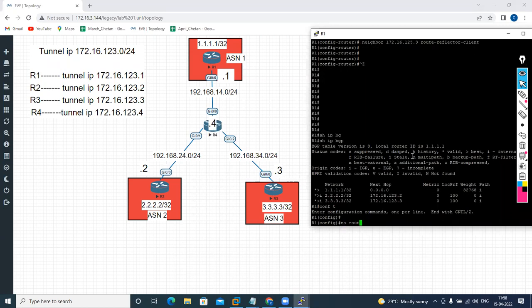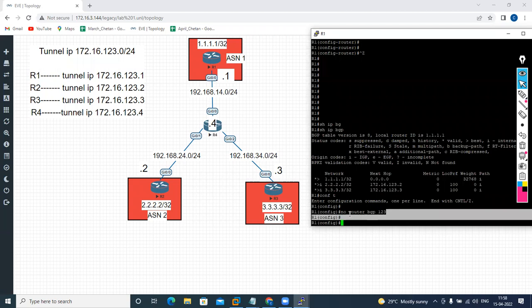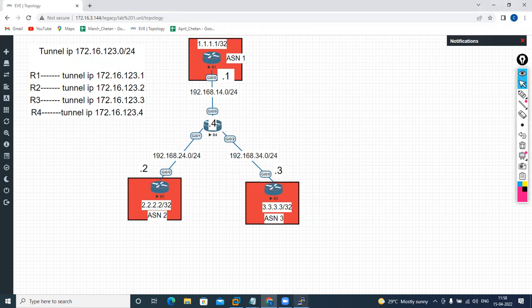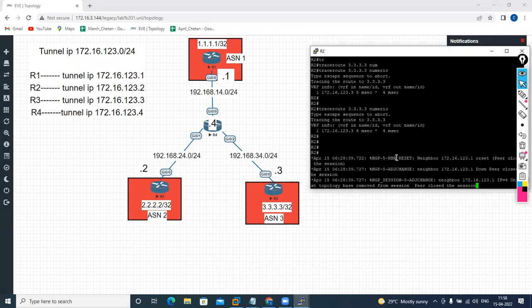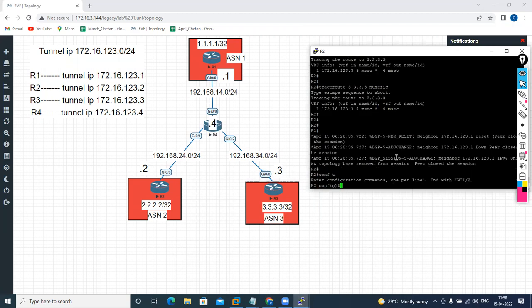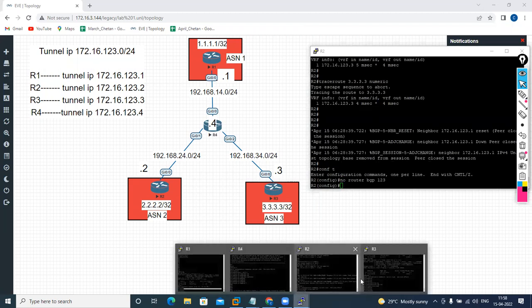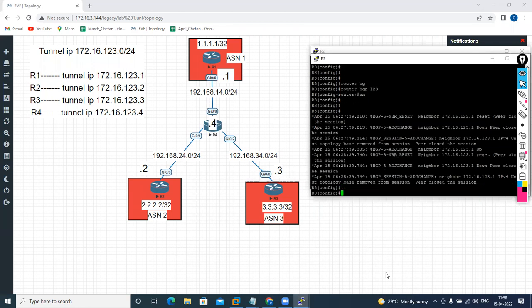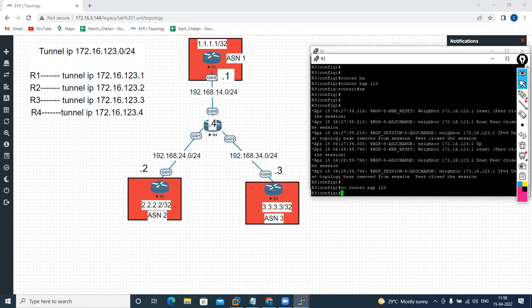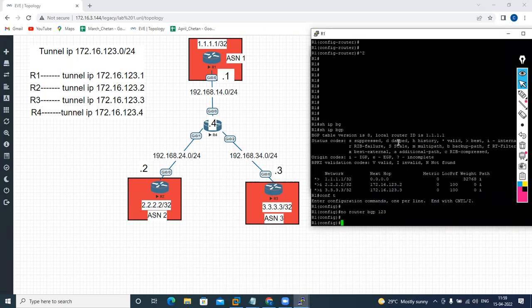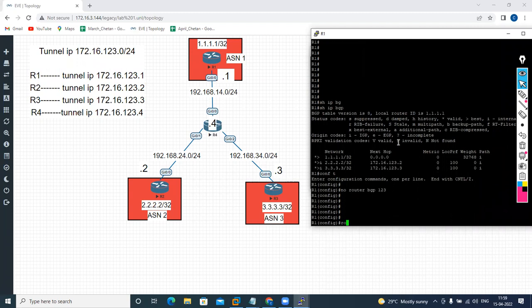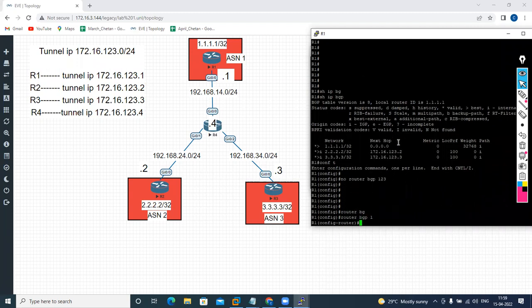So no router BGP 123. So now we'll enable EBGP. So on R1, router BGP 1. So neighbor